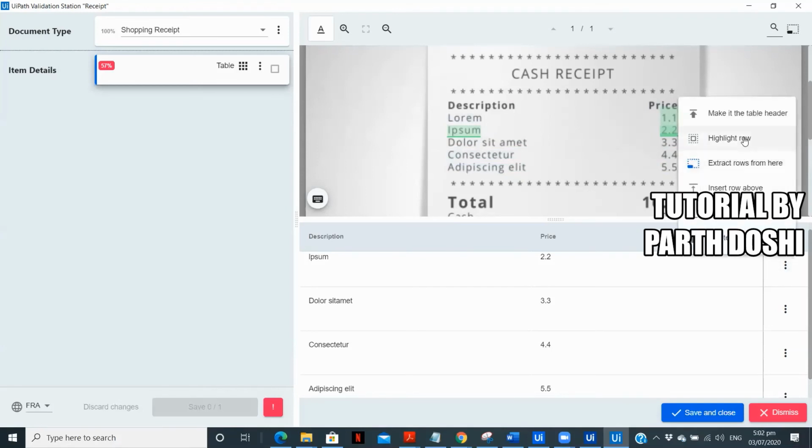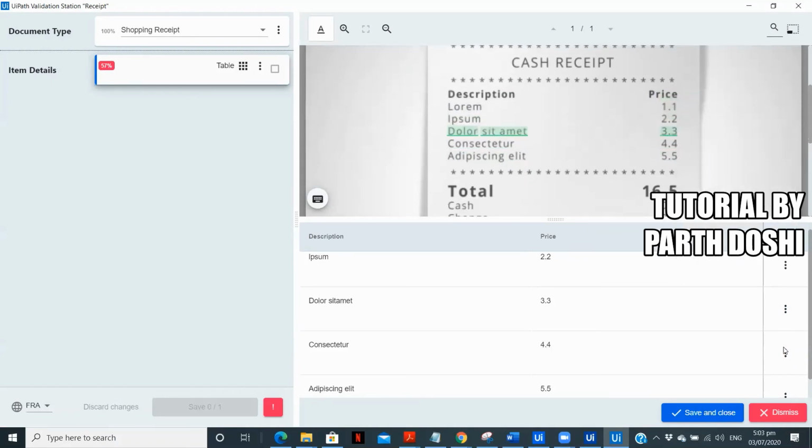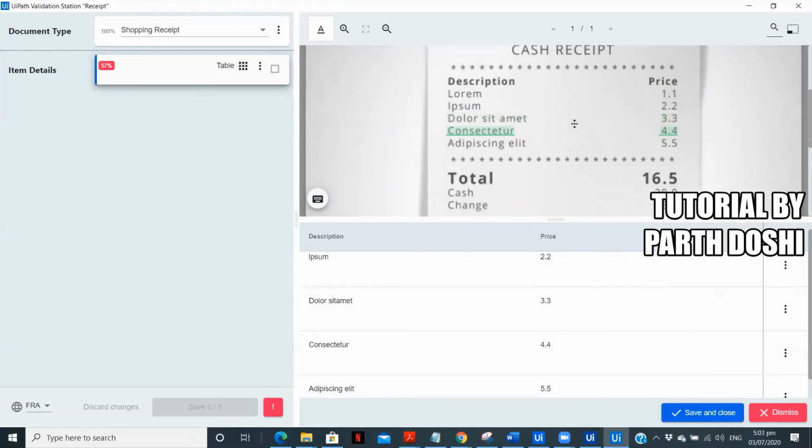Okay, highlight a row, ipsum, then this particular one is properly extracted. Here, if you can see, if the data is well formatted in that particular image, we are getting that particular thing. So we are getting all the data except the first one because there is some problem in the image or formatting of the image. But other than that, we were able to completely extract all the details properly using a machine learning extractor.